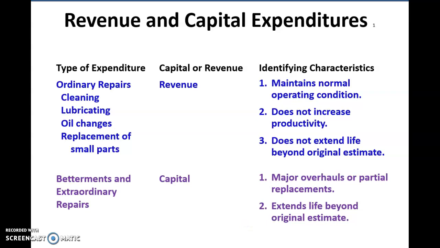So let's take a closer look at ordinary repairs, which are referred to as revenue expenditures. An ordinary repair simply maintains the normal operating condition of the asset that we repaired. It does not increase its productivity, and it does not extend its life beyond our original estimate. Examples would be cleaning of an asset, lubricating the parts of an asset, changing the oil on vehicles and machinery,